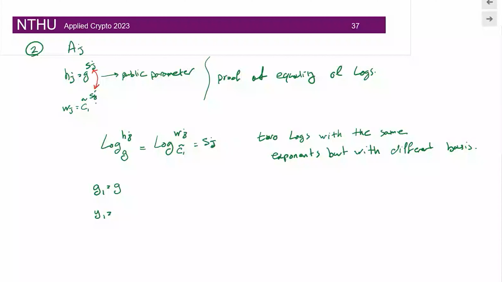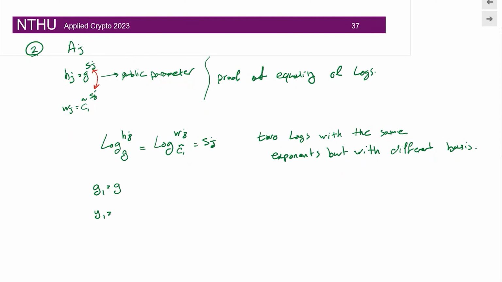Then we noticed that he used the same value for his public key, which is HJ, which is G to the S. So one way for us to prove that authority J did the correct work, that he indeed used SJ for computing this WJ, is to